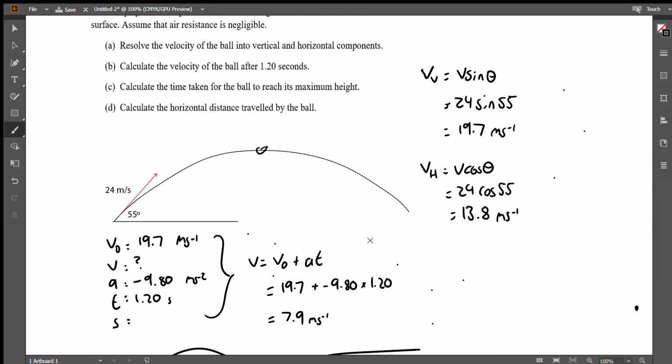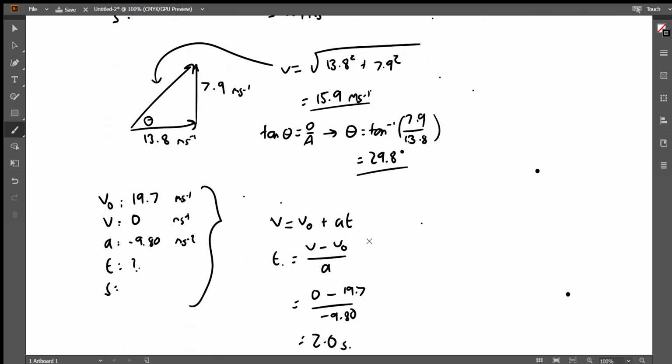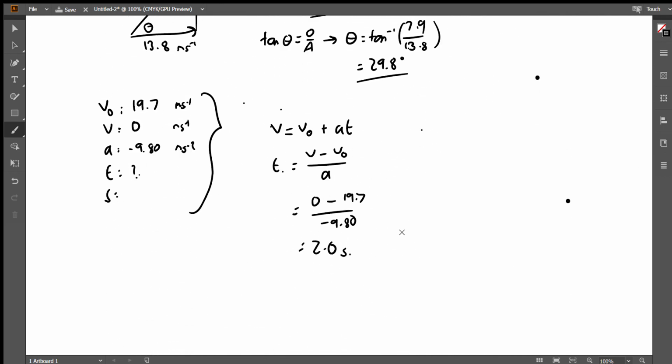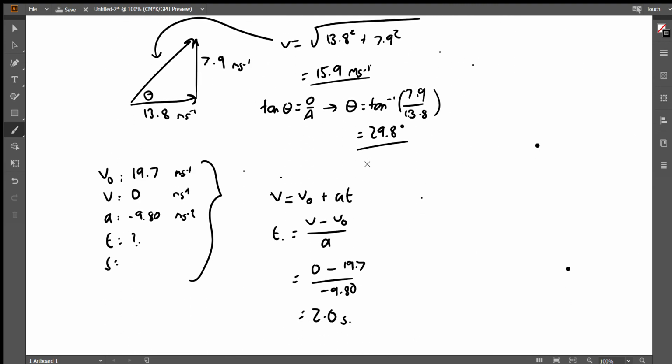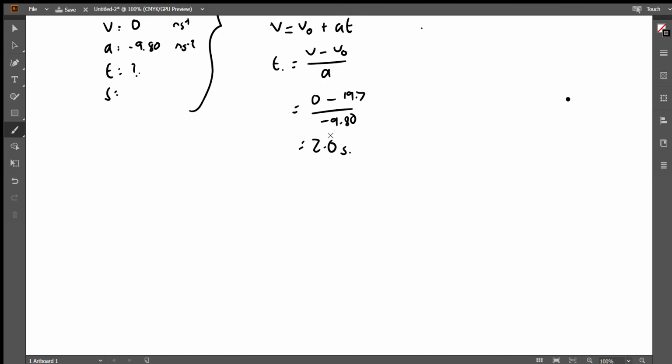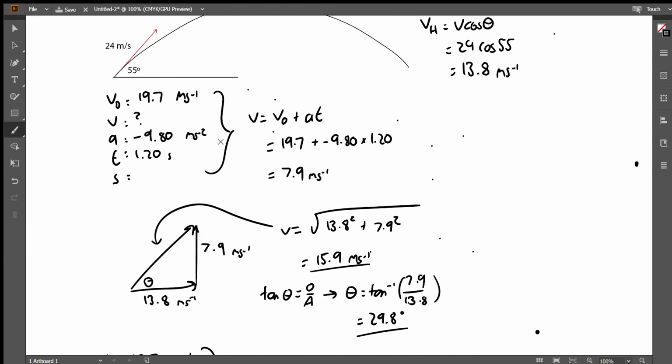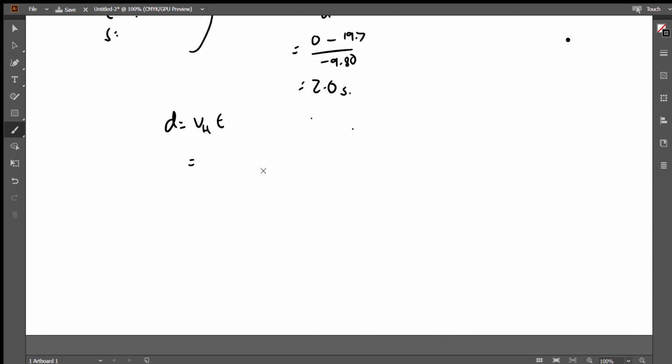Finally, we need to work out the horizontal distance travelled by the ball. So now the time taken to reach its maximum height is only half of the motion, so the total time of flight will be 2 times 2 seconds, so it will be 4 seconds. And the range is just given by the horizontal speed, which is constant, multiplied by the time of flight. So we worked out the horizontal speed before to be 13.8, multiplied by 2 times 2, so that'll be multiplied by 4 seconds, which, if we substitute in our calculator again,